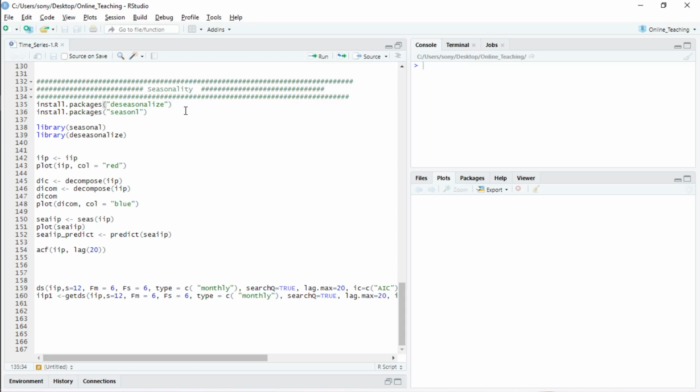So when you have seasonality in the data and you have not deseasonalized the data, and you are using any data having a seasonal component and predicting the future values of that particular series, the variance will be very high. Seasonality will increase the variance of the predicted values of the time series.